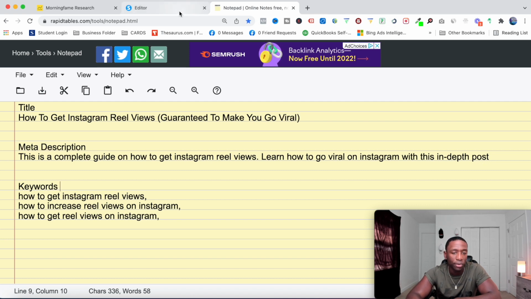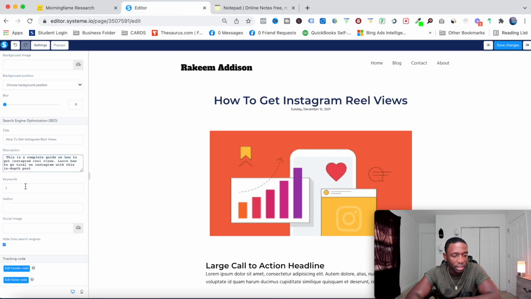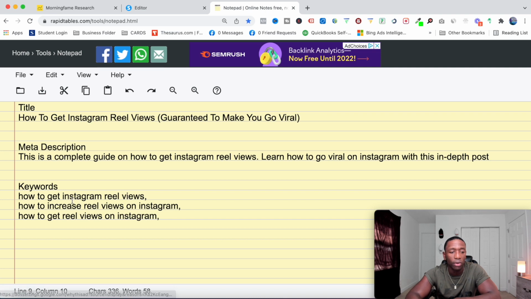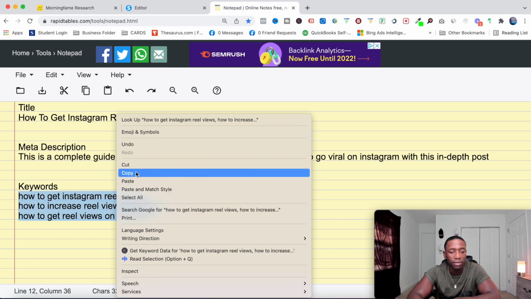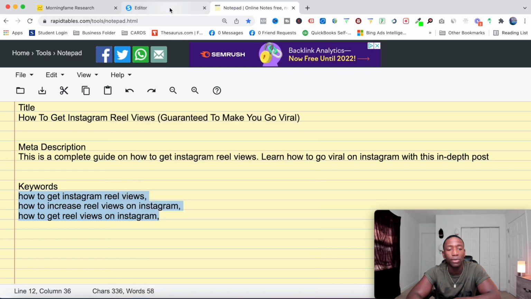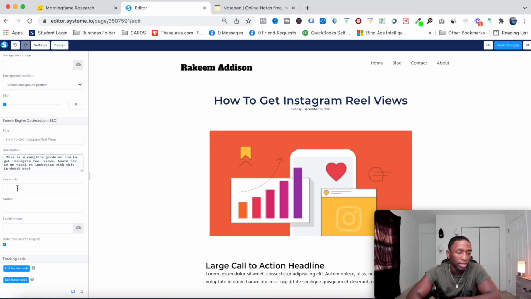All right, so now when we come back over here, the next thing we need to grab is our keywords that we want to rank for. Now, I did the research prior to me actually creating this content, and these are actual keywords that I use, and I found them over on Ahrefs, that Ahrefs keyword tool. So these are actual keywords. And then now if I come right here, there's the keywords. And then I'm the author of this blog post. So I'm gonna go ahead and put my name, and you're the author for yours.